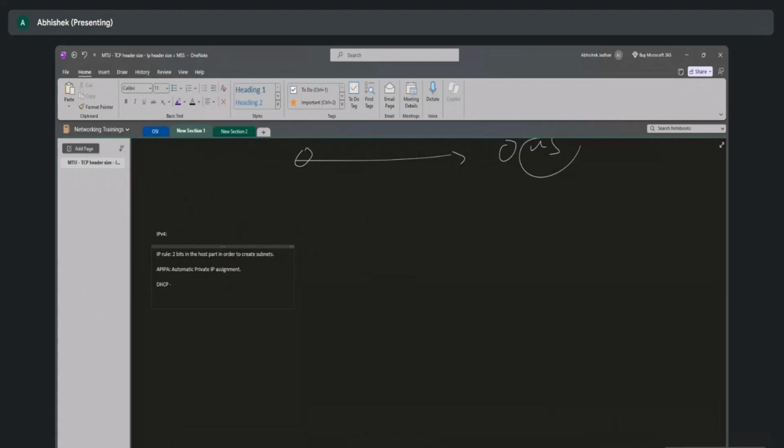DHCP server's job is to provide an IP address to the host machine along with the other IP related parameters such as DNS